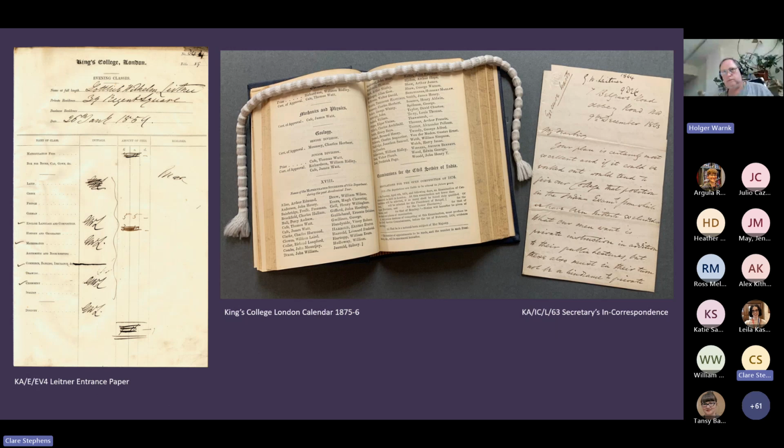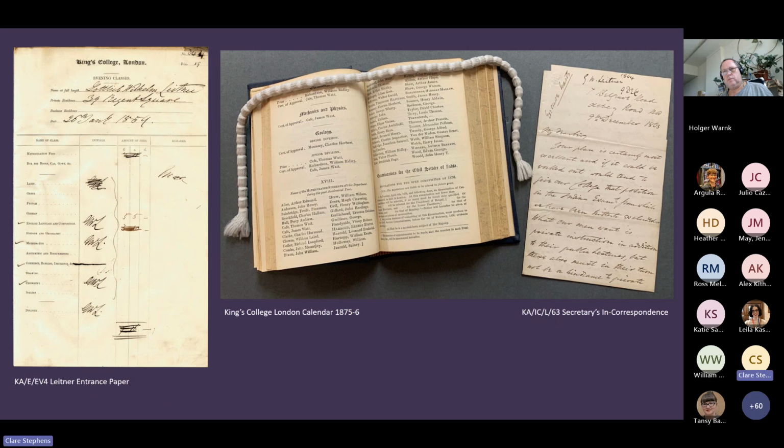here at KCL. Now, he goes on to do some amazing things after he leaves King's, but he very much shapes the teaching of languages at King's, particularly Oriental studies and the languages contained within that. Another thing that he's very passionate about is the subjects to be included in the Civil Service of India exams. After the abolition of the East India Company, when the monarchy took on government of India, King's became one of the institutions that administered the Civil Service of India exams.